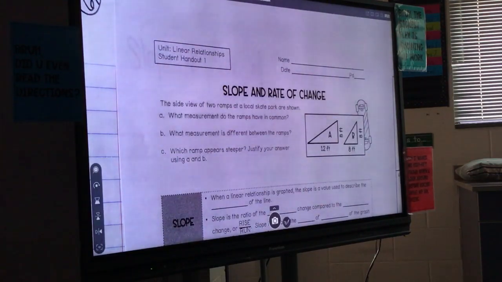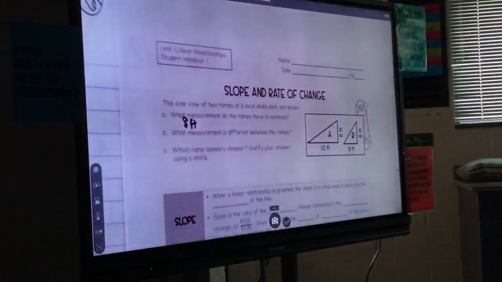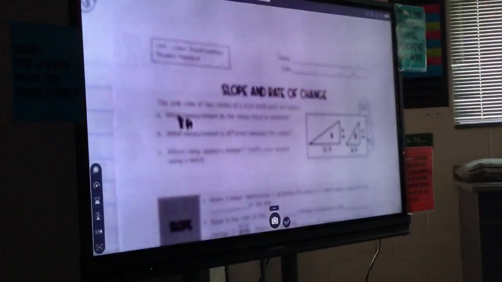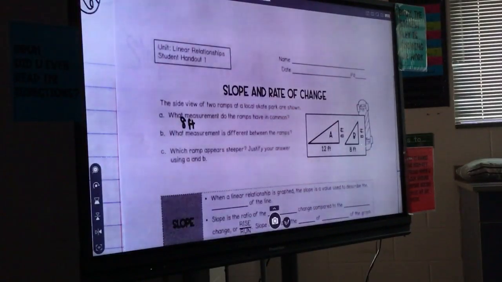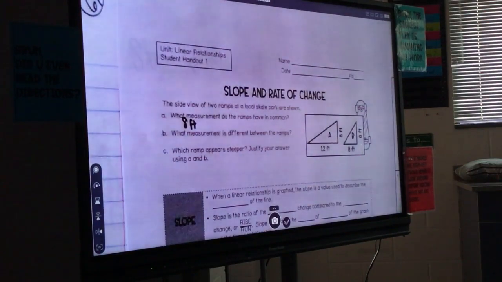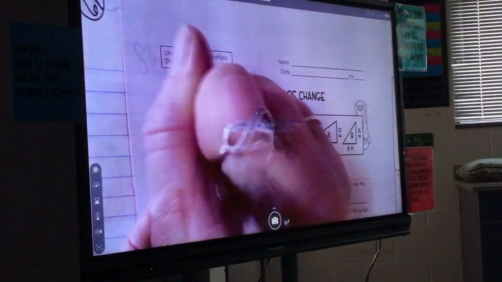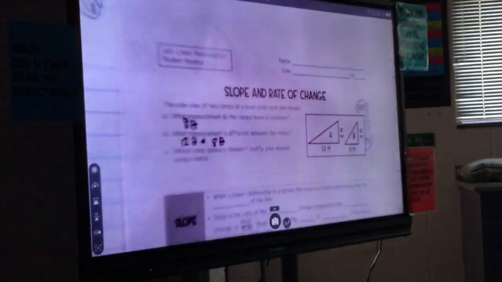So, which measurement do they have that is the same? That they have in common? Cam. So the 8 feet. Yeah, whichever. Base height, we're not sure yet. I mean, technically, our rise would be the same. Okay. Which measurement is different? Nico. Okay, so the 12 feet and 8 feet. All right, and then